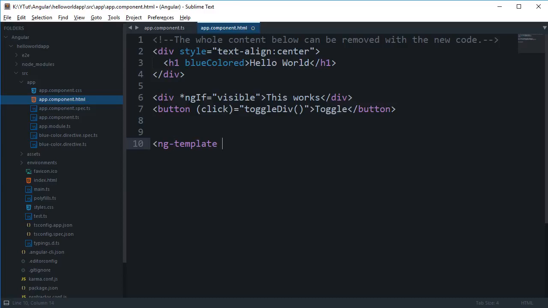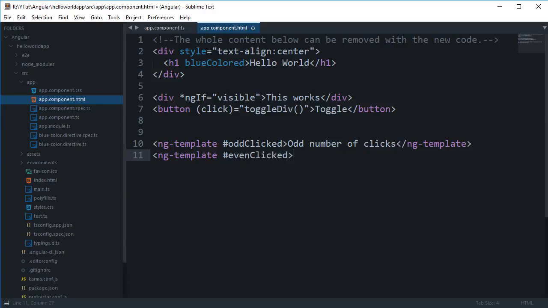So with ng-template, you can create something like, let's just say, odd clicked, and I can say odd number of clicks, and I can create another template, even clicked, and we can say even number of clicks,